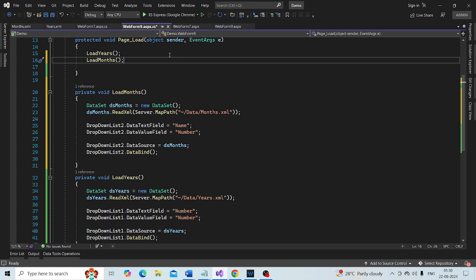We only want to do this on the initial get request, since this control is added at design time, it is going to maintain its state for us automatically anyway.